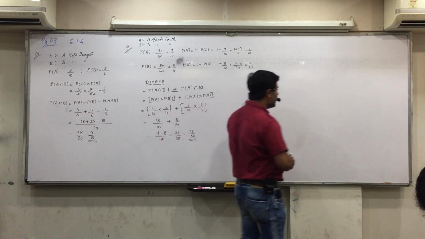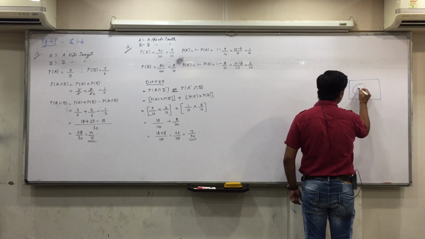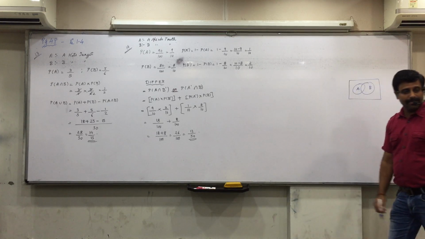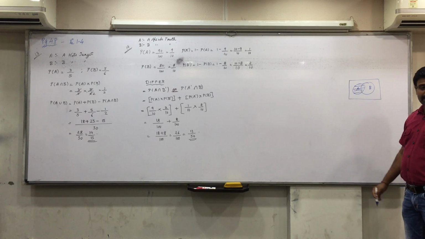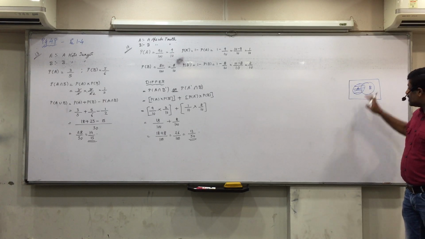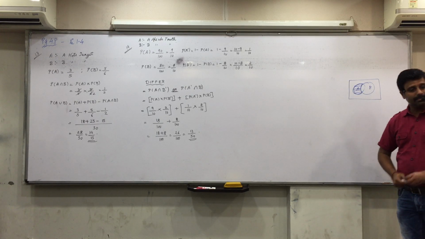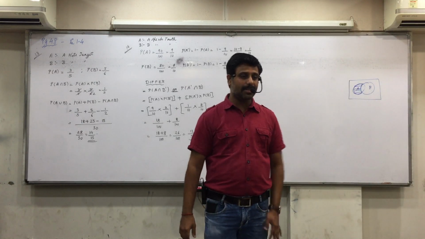If you do it in detail with a Venn diagram, then this is A, this is B. Okay? What is A? What is B not? Everything other than B. So what is A intersection B? Not this part. This is what we are finding. A intersection B not is possible. There is common in A intersection B not.